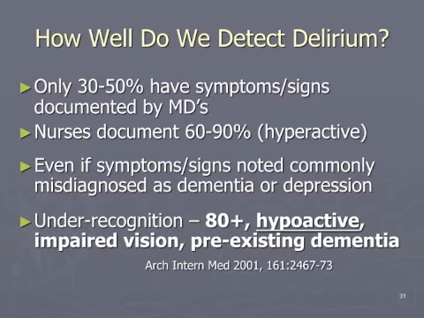So Dr. Hogan referred to the literature that says that we miss a lot of delirium, and there is evidence that we do miss a lot. Our physician colleagues are known to only identify between a third and a half of the symptoms that are documented, but nurses, especially for the hyperactive delirium, we're a little better at charting it.